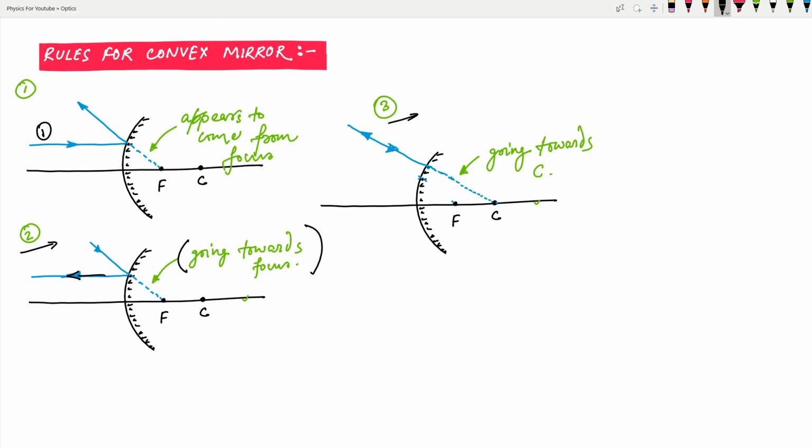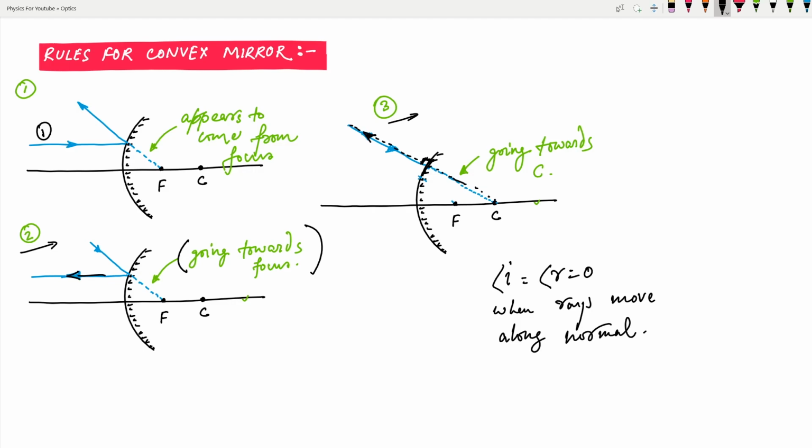Whenever a ray is going towards the center of curvature, then after reflection it retraces back its path. It is similar to that of concave mirror. We have seen that whenever a ray is passing through the center of curvature, after reflection it retraces back. Why? Because this ray that is going to the center of curvature is basically normal to the spherical surface, and we know that whenever rays follow the normal, then it reflects back in the same path, because the angle of incidence is equal to the angle of reflection, which is equal to 0 when